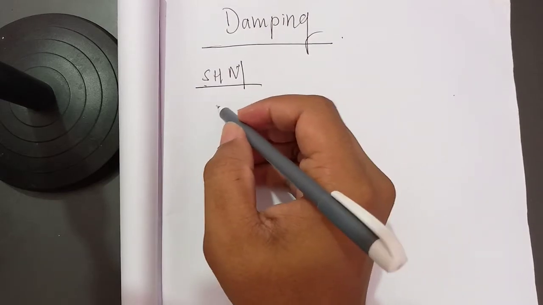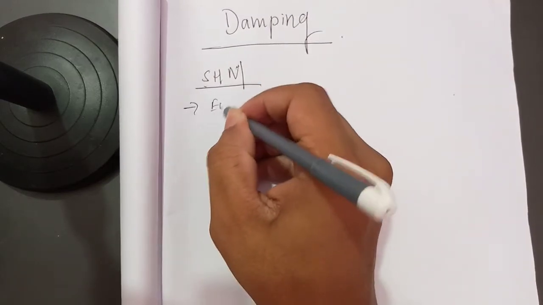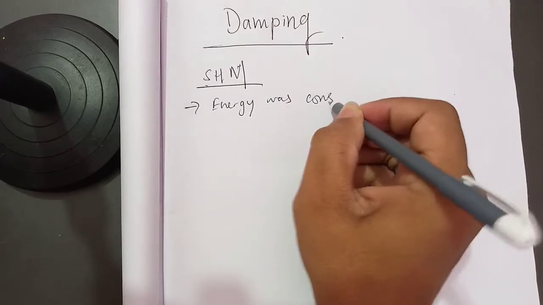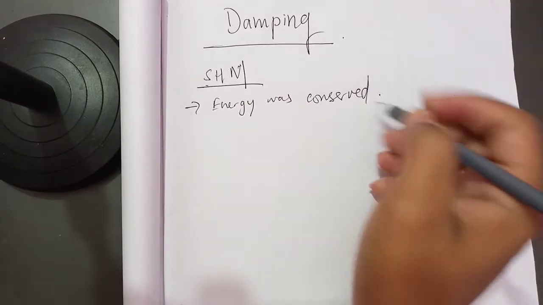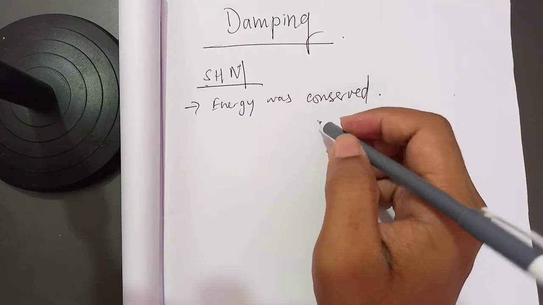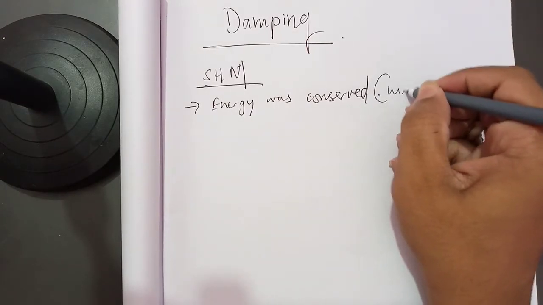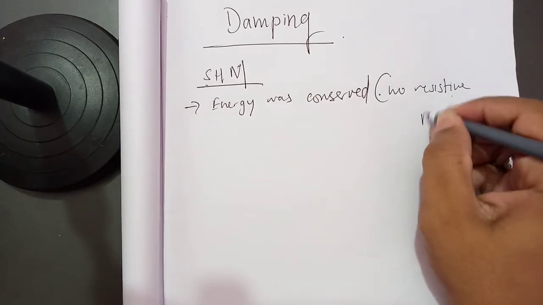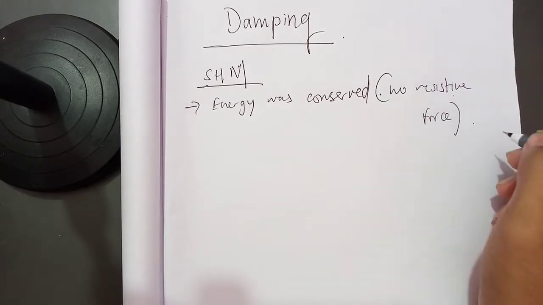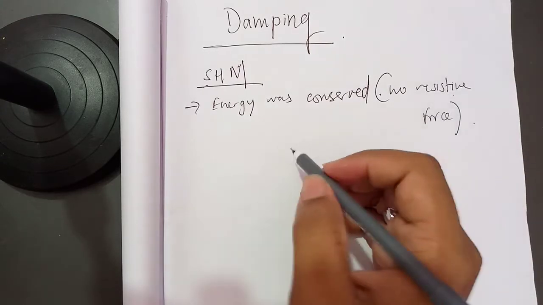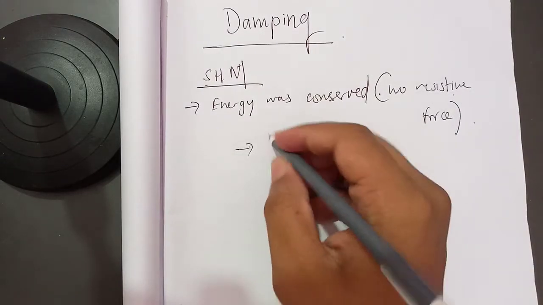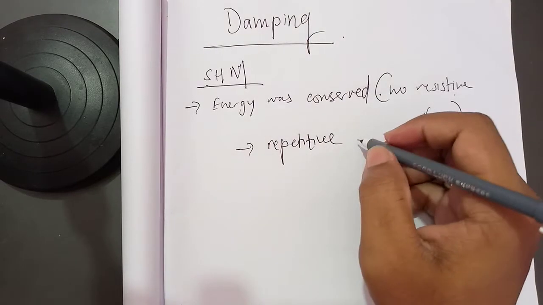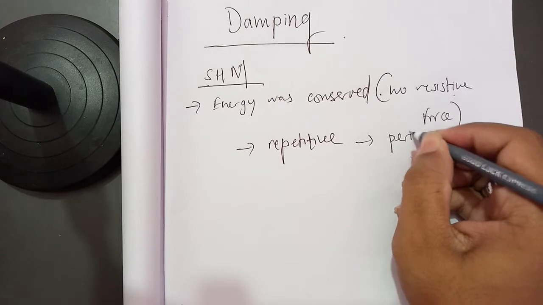In there the energy was always conserved, and moreover there was no resistive force, or we can say we didn't consider the resistive force. And the other thing was, it was a repetitive motion, hence we called it periodical,